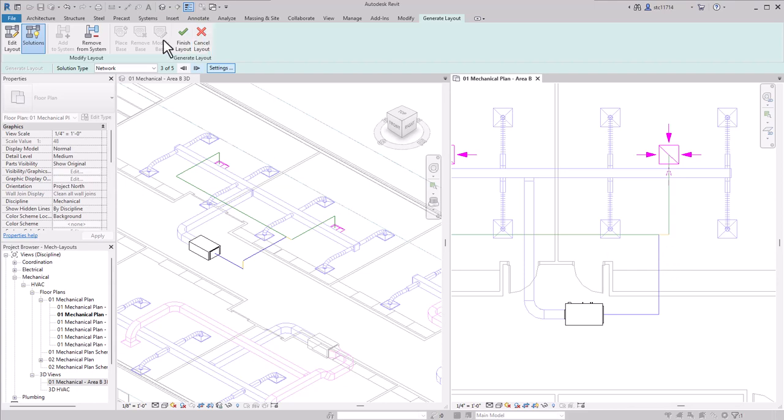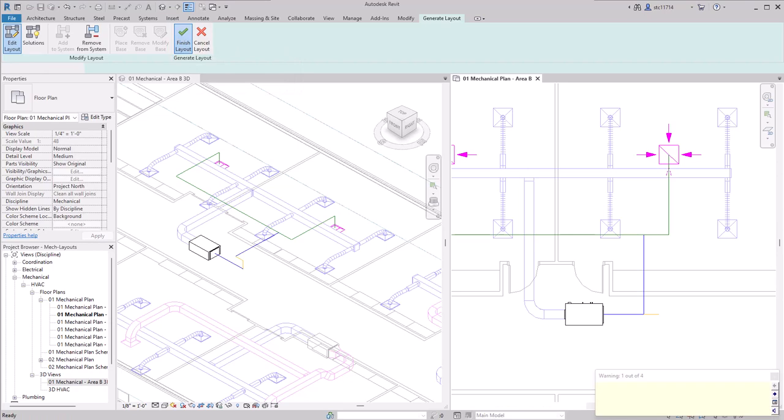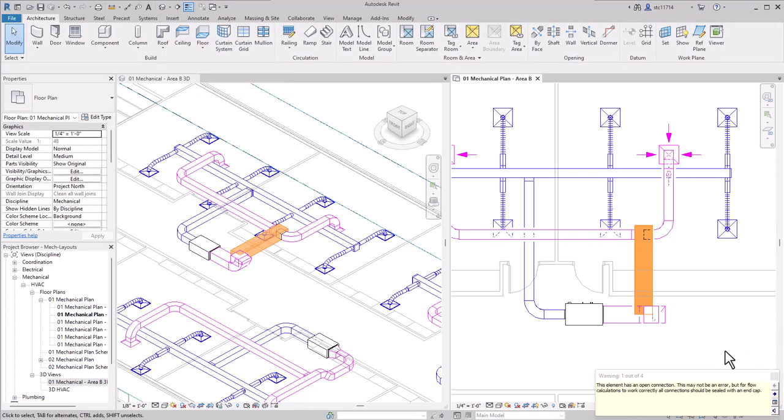So here in the ribbon, I'm going to select Edit Layout. Then I can select the blue line here and use the move symbol to move it back to the left. Now, as you can see, that cleaned up that problem. I still have a problem here. This is probably about as good as I'm going to get right now, so I'm going to go ahead and finish my layout. And as you can see, it's a bit of a mess here. So I'm going to have to do some manual cleanup.